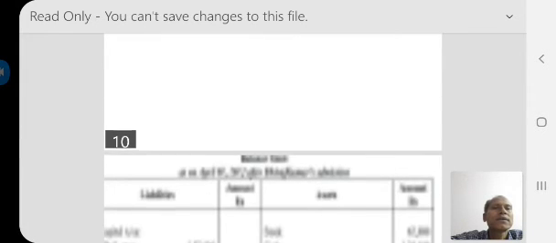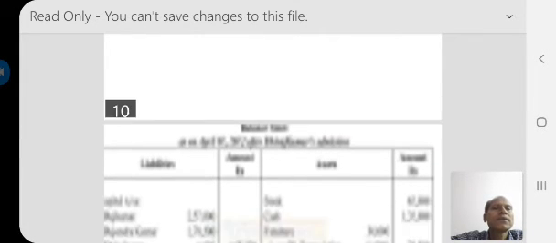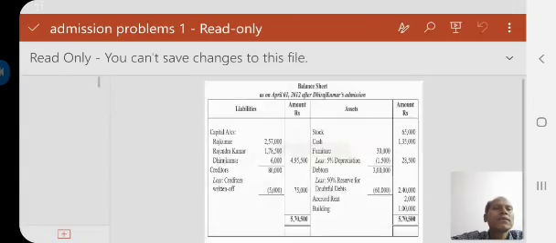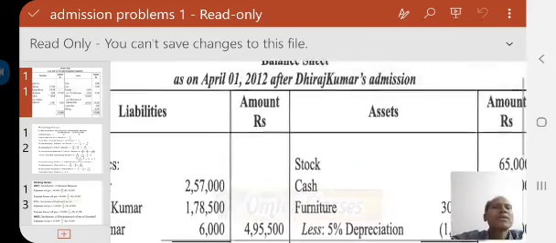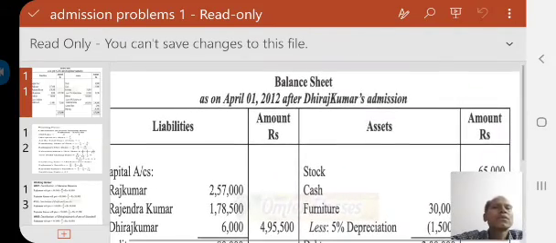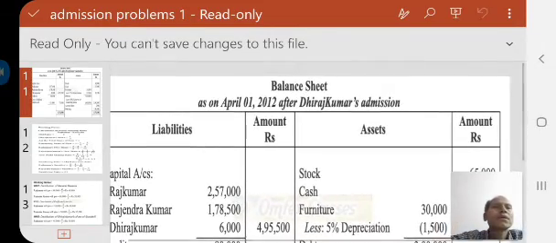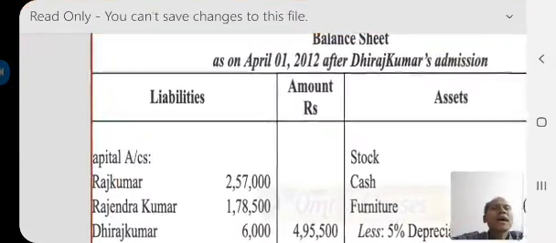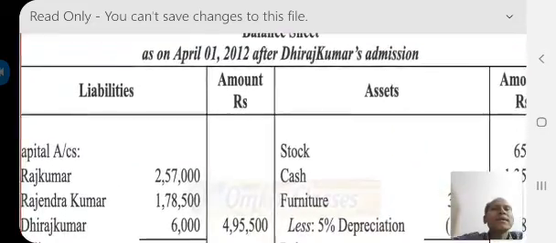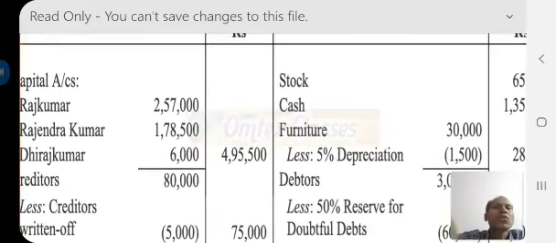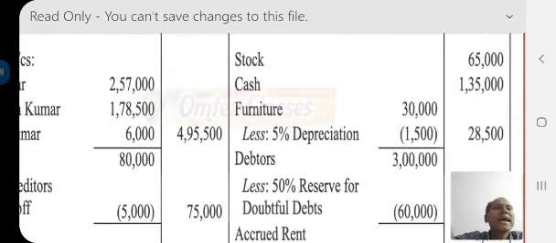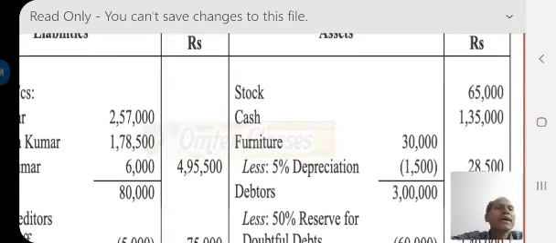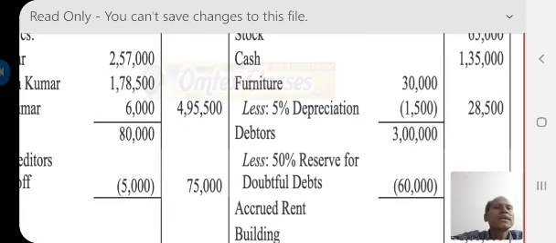And this is the balance sheet after admitting the new partner. See, capitals are increased, and here cash is increased, stock is appreciated, furniture is depreciated,